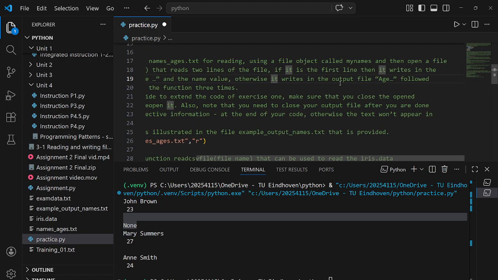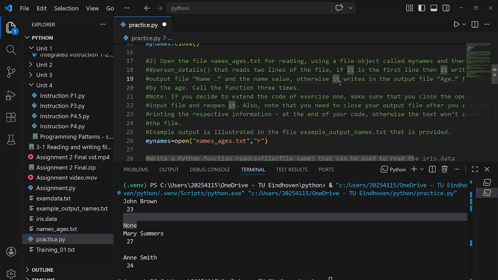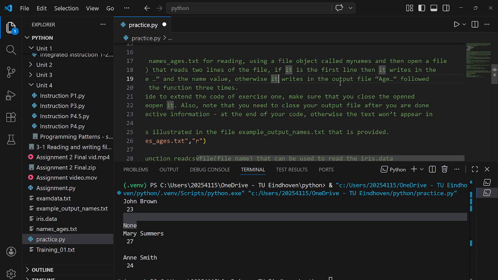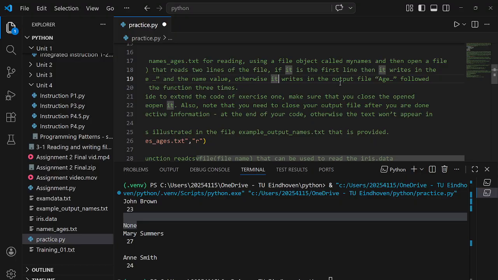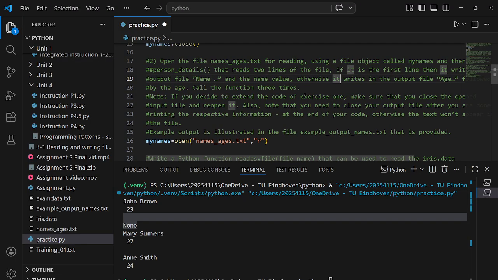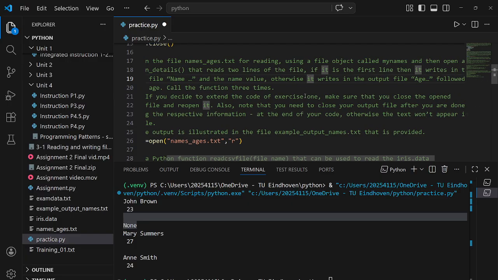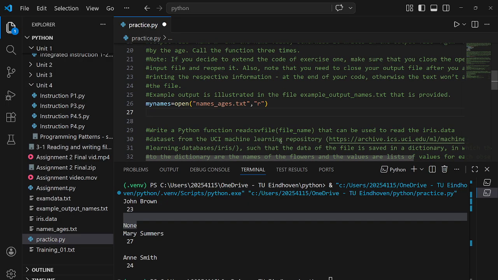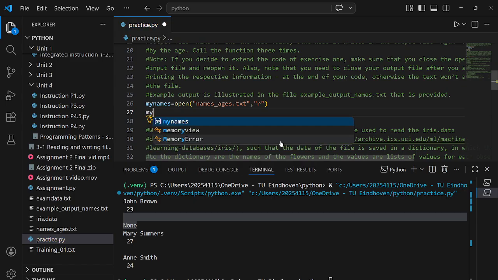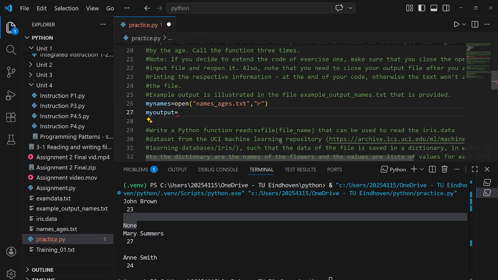Hold on. And then open a file. I might have deleted something before. Open a file. The file name isn't specified here, so that confused me. But anyways, we're supposed to open a file called my_output. And that's going to be open